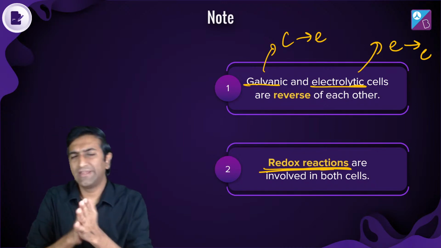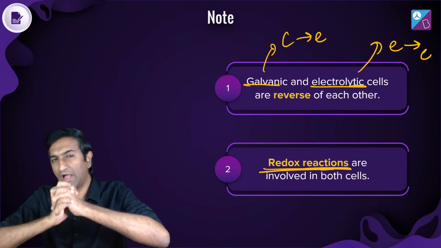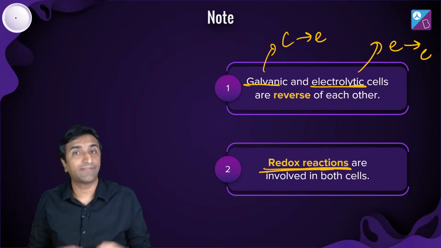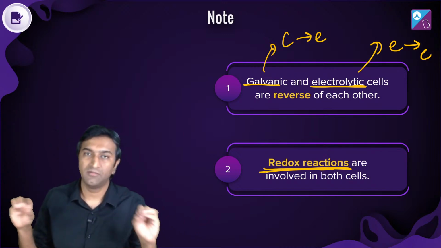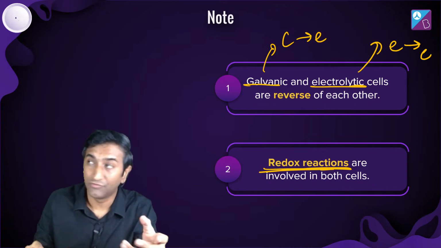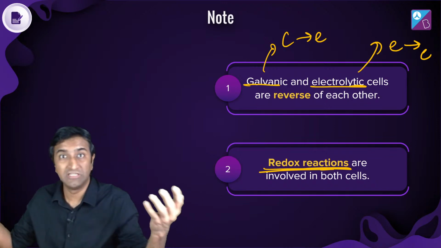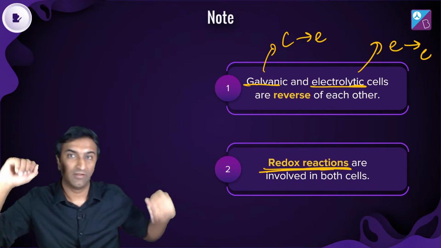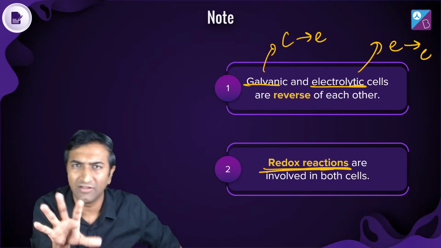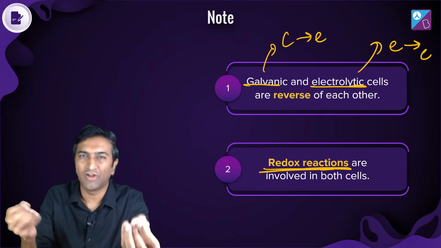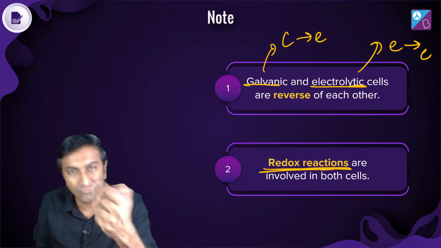Look, if a reaction is not spontaneous, I make it spontaneous by putting a battery there. If a reaction is spontaneous, I let it happen. And by letting a redox reaction happen, think about this, unlimited energy, right? A redox reaction is happening, and you are able to get electricity out of it. It is a little bit more complicated than that. On the chemistry front, it is as simple as that. But in reality, some other things come in. Some more things. That is what we are going to study.